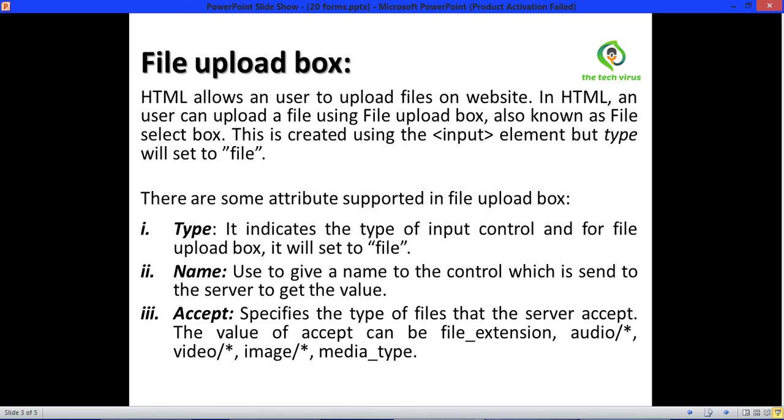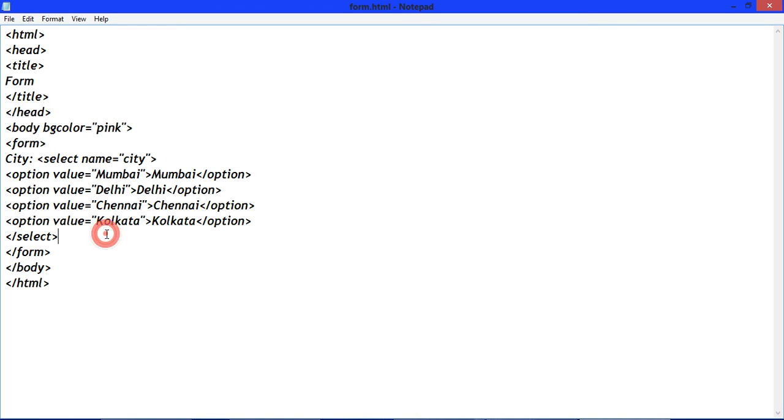Now open your text editor and write here photo, and write here input type equals to file, then write name equals to photo, and write accept equals to image.